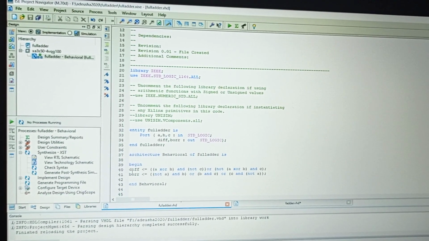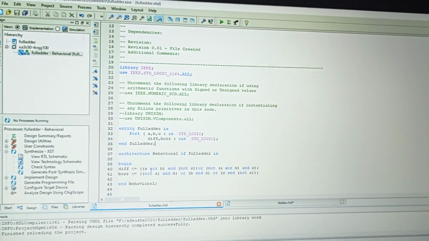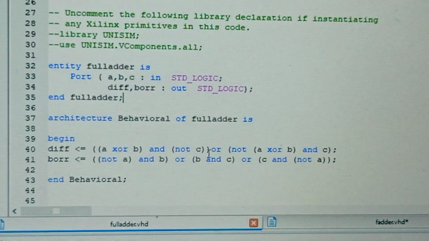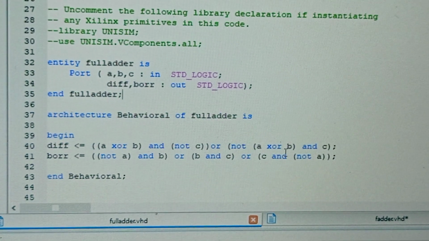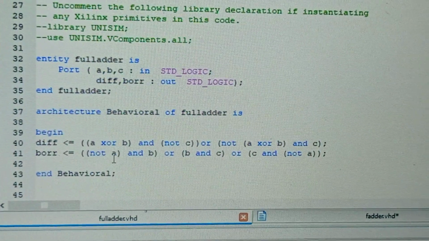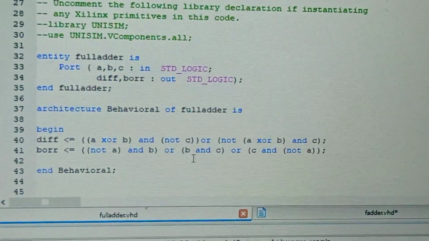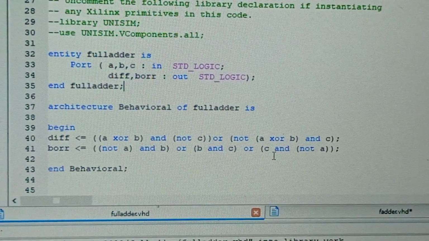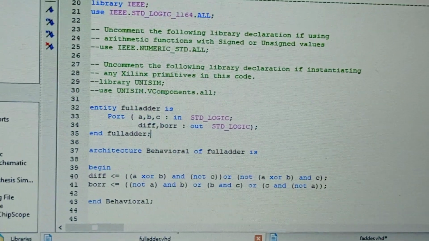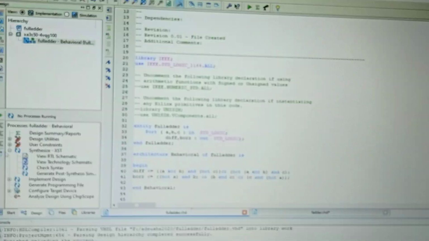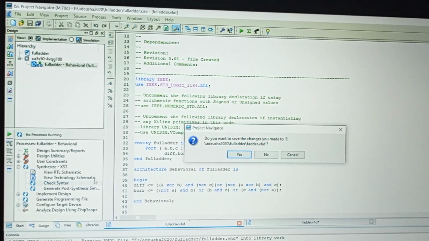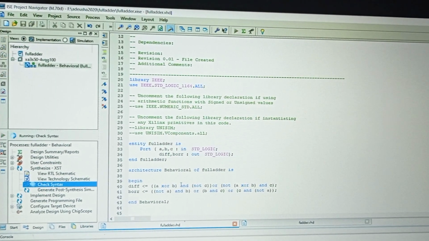The difference is A XOR B and not C or not A XOR B and C. Borrow expression: not A and B or B and C or A and A bar. So now come to synthesize XST and check syntax.